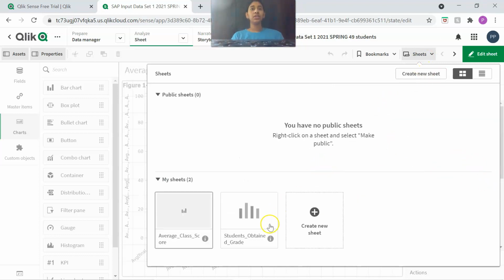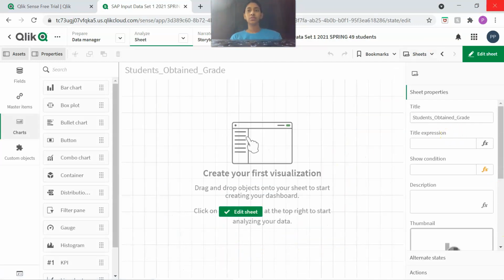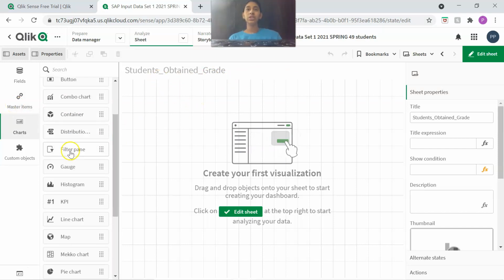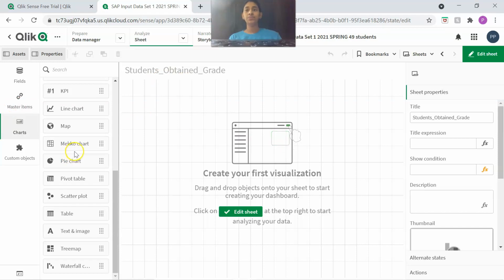So now let's create a new chart. So this is my students obtained grade sheet. So in this sheet, I'm going to create a new chart. So first, to create a new chart, we need a final grade column. So this chart will contain the percentage of students who obtained each type of grade, which means we are going to find the percentage of students who got A grade, who got B grade, who got C grade.